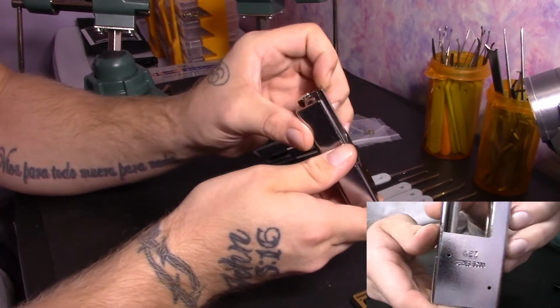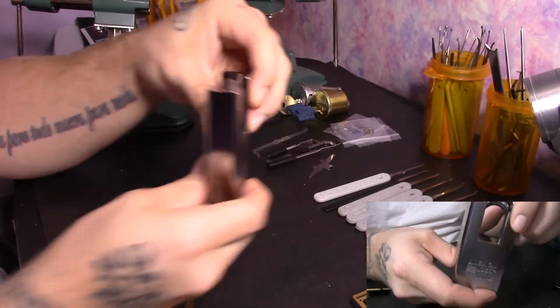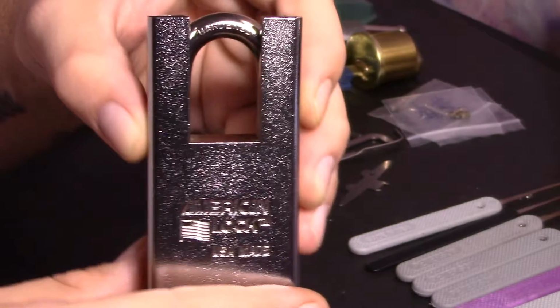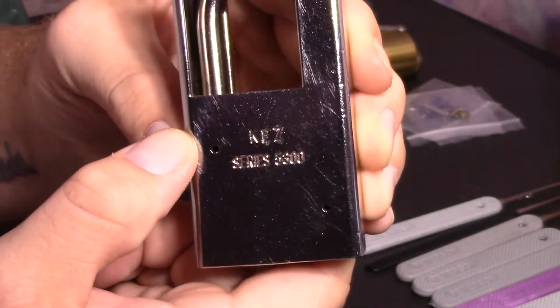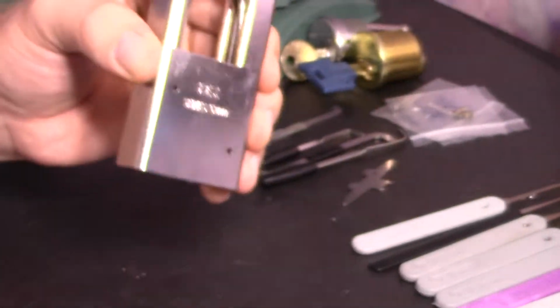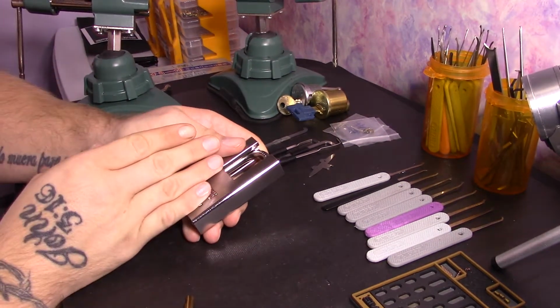What I got for us today is an American 5300 series. Definitely one of my favorite American locks. I have not actually picked this at all, ever. I don't even recall if I have ever even tried to. I bought it from one of my locksmiths down in Richmond when I was still down there. It was about $27, $28, something like that. I remember the only thing I ever did check on it was to see if it had the anti-bypass plate,